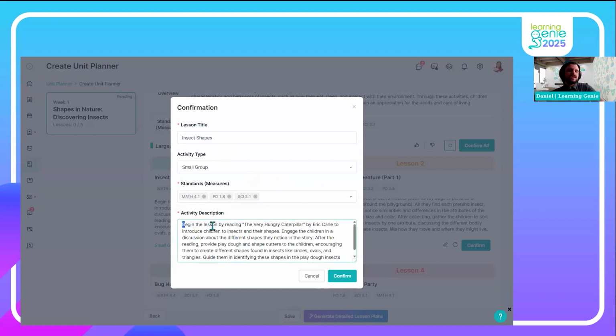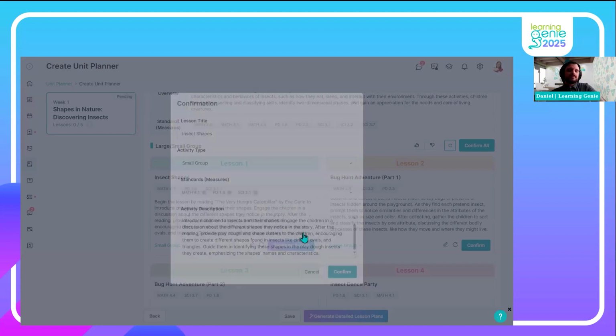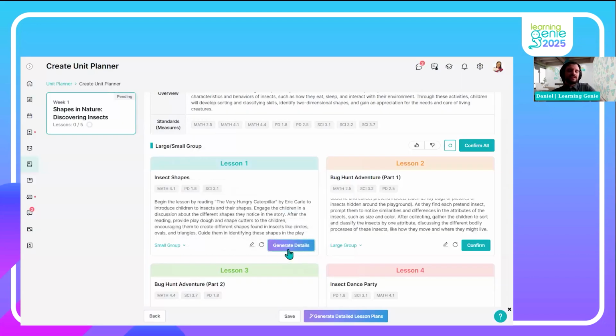For example, this one is going to begin the lesson by reading The Very Hungry Caterpillar, which maybe a lot of you are familiar with, to introduce children to insects and their shapes. Engage the children in a discussion about the different shapes they notice in the story, and so on and so on. So if I'm happy with this lesson, I can confirm it